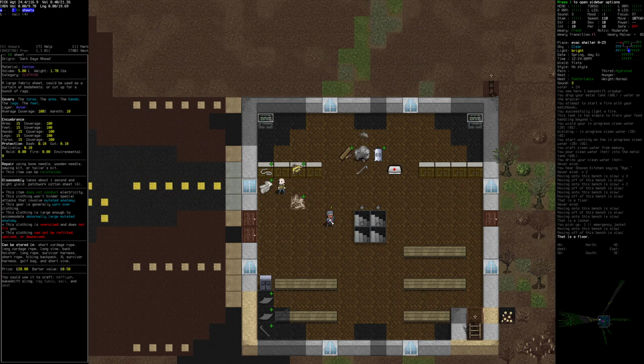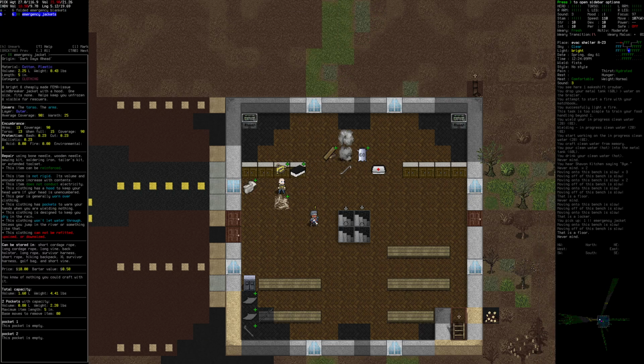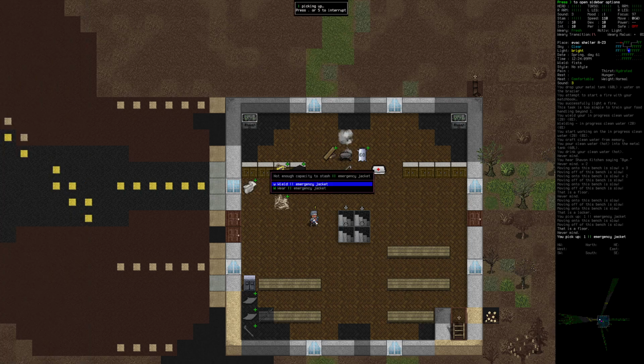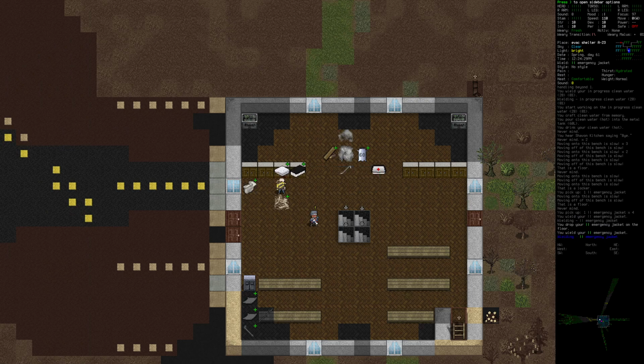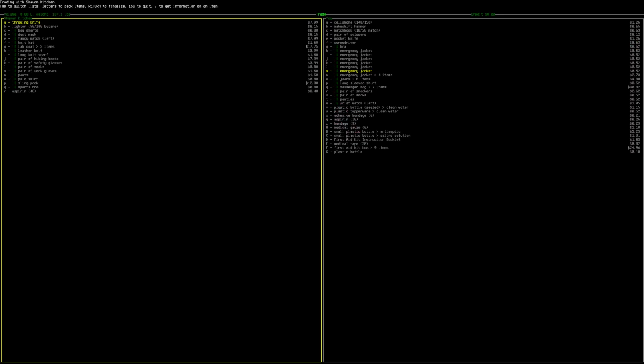So if we take that... Sheets have a 50-cent barter value, because everyone needs rags. But here's 6 emergency jackets. So we go back to her. We can then sell her this. And that gives us $3.12 in credit, which we can then...